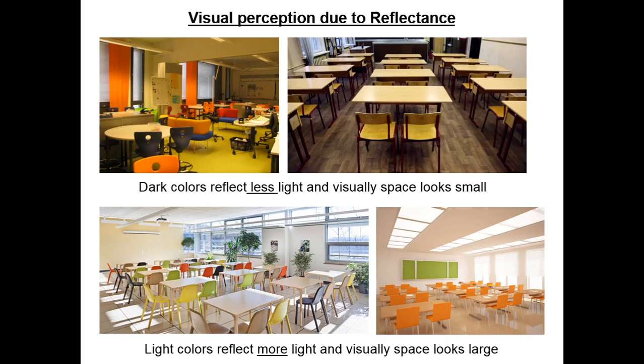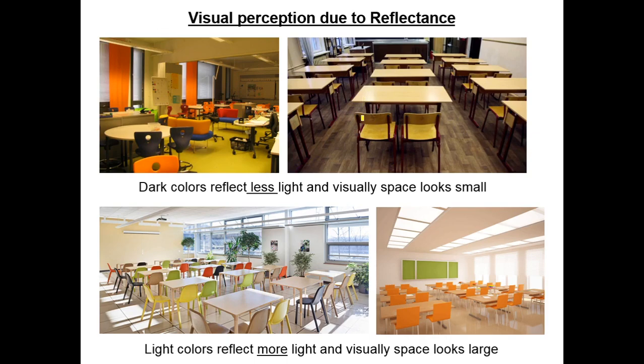As an architect or a designer, you have to understand how the visual perception of a dark room and a light shaded room will look. If you see, these are rooms which have a little bit of dark colors and dark tones, the furniture is a little dark, and of course you have dark blinds here. So this room looks a little darker and it looks a little smaller also.